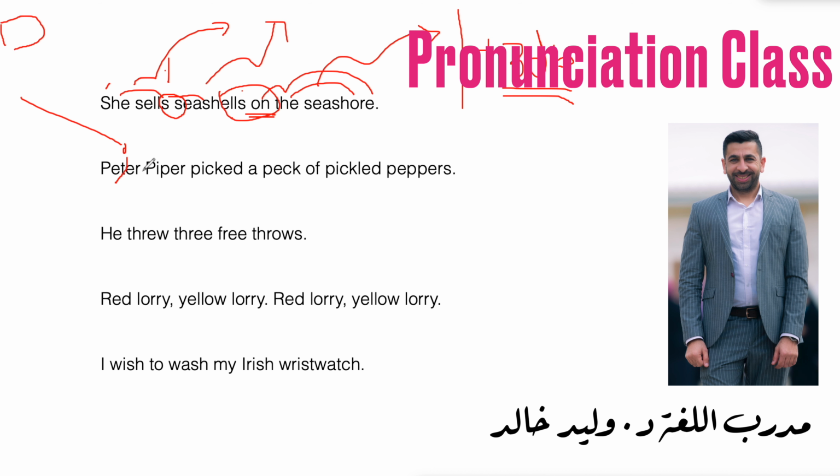Peter Piper, Peter Piper picked. So there's a T here. The ED here is pronounced as T. Picked a pack, picked a pack. So here, look at the tone. Picked a pack, picked a pack. There's emphasis on nouns and verbs of